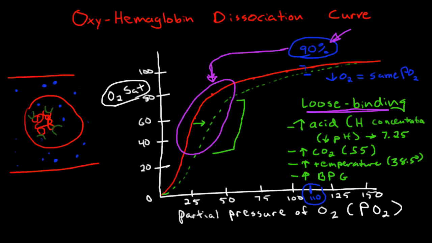Okay, so what happens when you shift the curve to the left side? If you shift the oxygen hemoglobin dissociation curve to the left side, you're going to end up with tighter binding, right? And all of this is going to be exactly the opposite. So we're going to have tight binding,